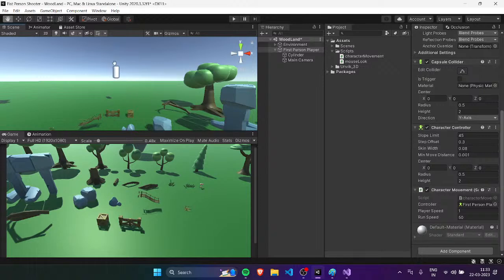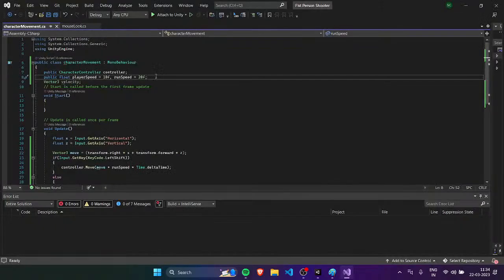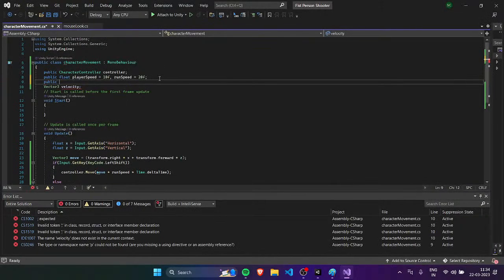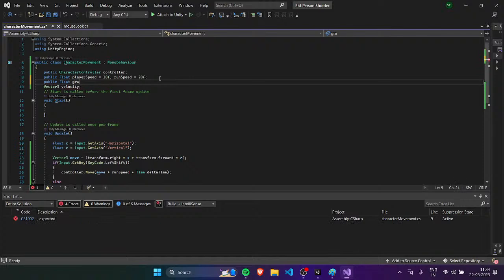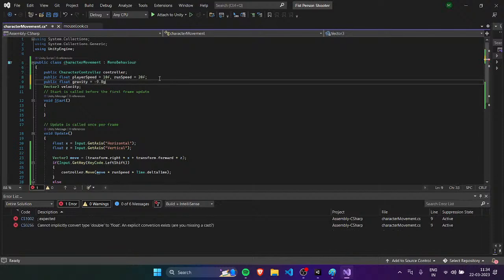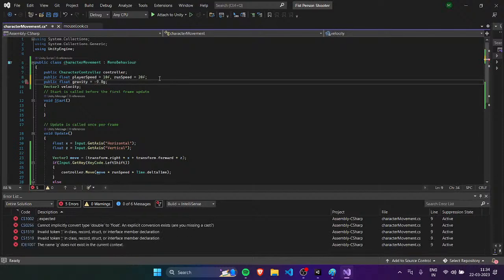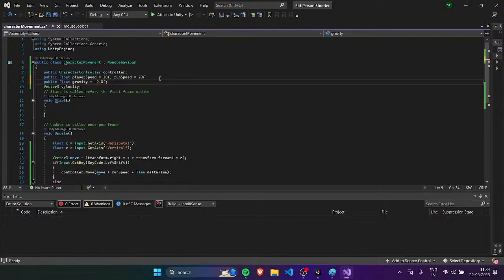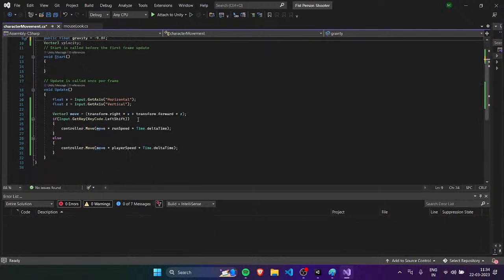Let me create a public float called gravity and initialize it with the universal gravitational constant, minus 9.8, right? And inside my update function, I'm going to simply